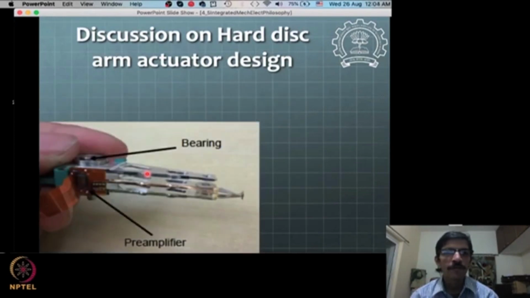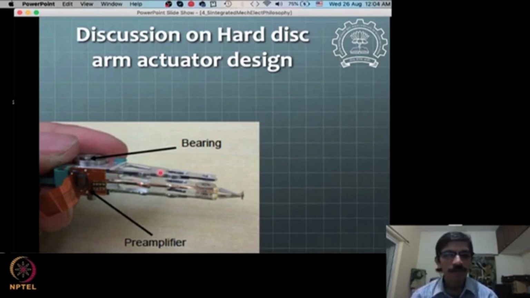Now you can see a little more detail here. Observe this carefully and think what observations you can make, and if you have any questions you can ask. Think about some questions that you can ask. I'll propose these questions anyway, but you pause here for a while and think what kind of questions come to your mind when you see this kind of design.